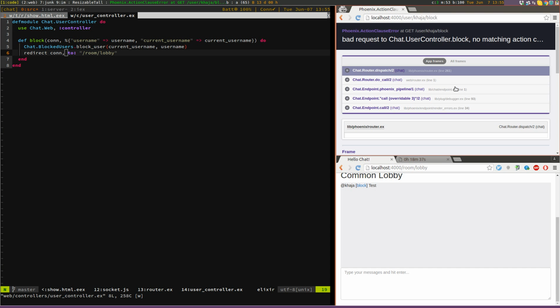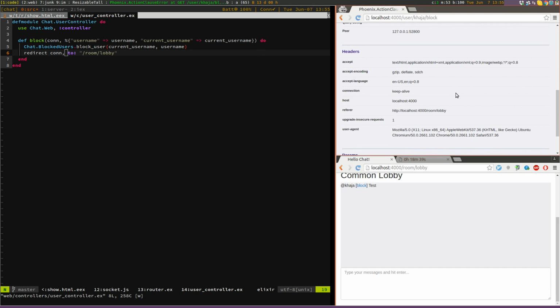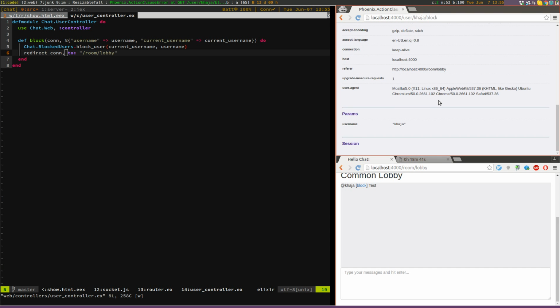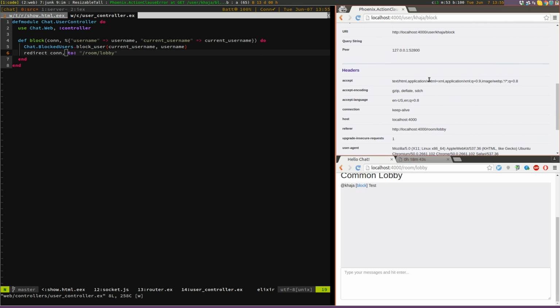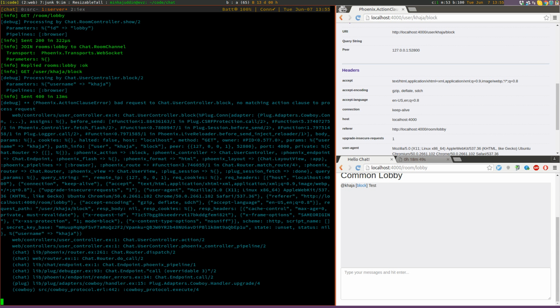Okay, yeah, so one thing we didn't do was send a current username. So if you look at the query string, if you look at our logs, we have a username, but we don't have a current username. So we need to fix that in